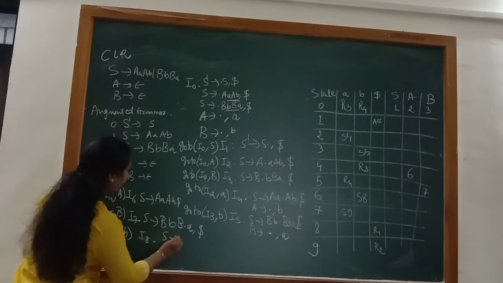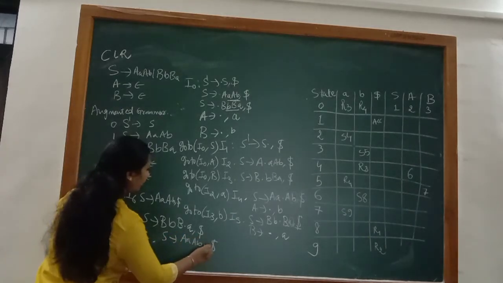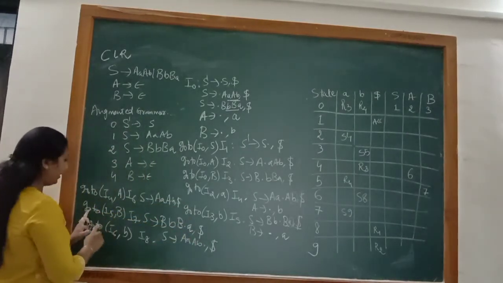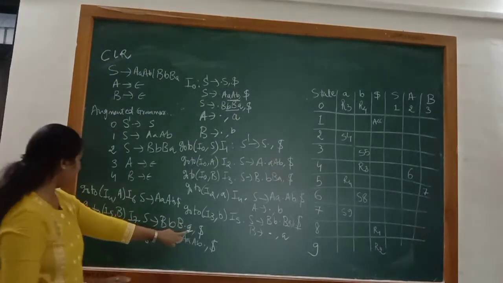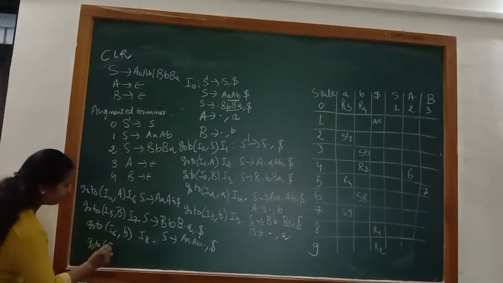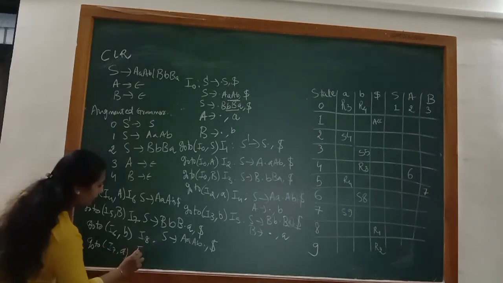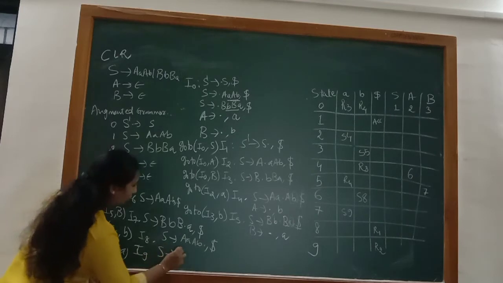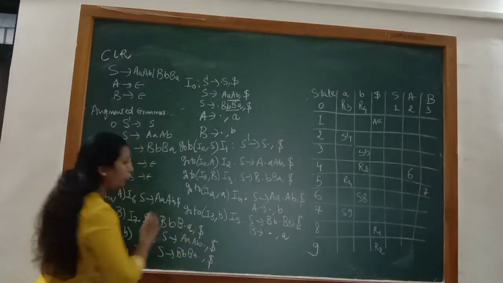The production is S2AB dot and dollar. Okay, again this is go to, so I have copied the look ahead. Now in I7 the next possible symbol is small a, so go to I7 small a. Again this is a go to operation, so we only have to copy the things. S2BA dot and dollar.